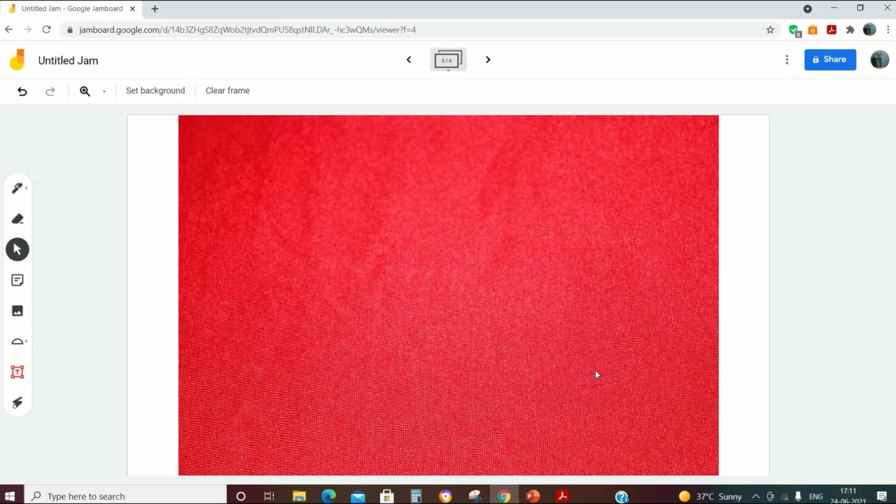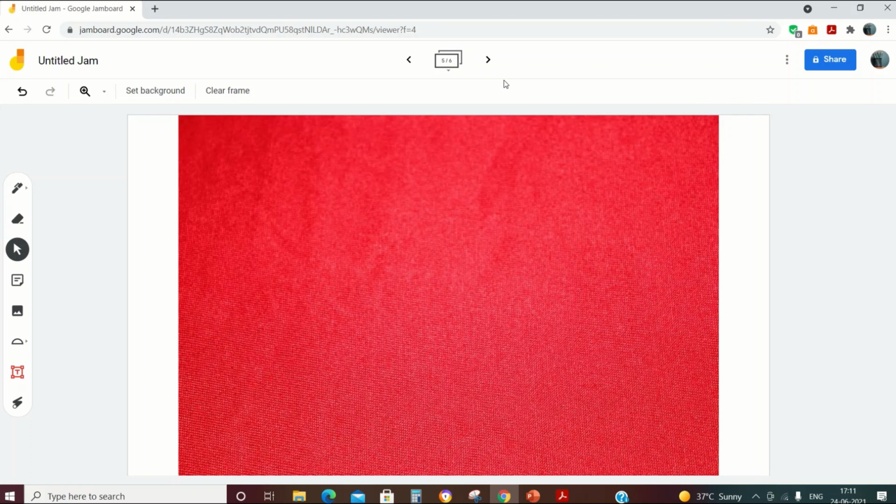One option is, whichever teaching platform you are using, either Zoom or Google Meet or whatever other platform, you can use the screen share option. You use that platform for the discussion, for the audio and video, and you can use this as a whiteboard and just teach the students by screen sharing.